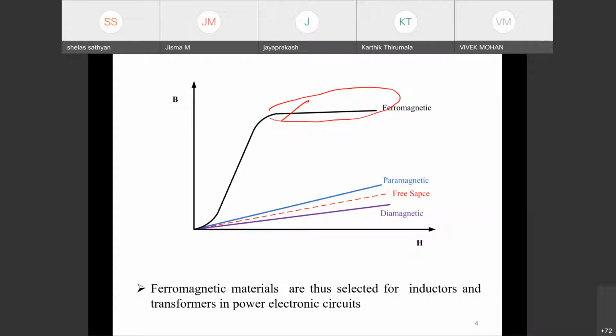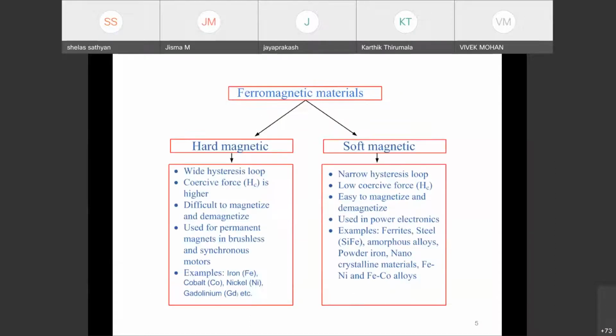Similarly, apart from the saturation, there is a linear region of operation. So we could design our magnetic material to operate in this linear region where the magnetizing force required is quite small. So among this ferromagnetic material, we can classify basically into two groups. One is hard magnetic material, another is a soft magnetic material. Hard in the sense, the magnetic material which is quite difficult to magnetize and difficult to demagnetize. Those materials are known to be the hard magnetic material.